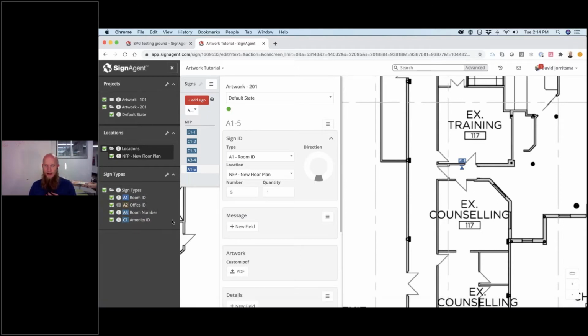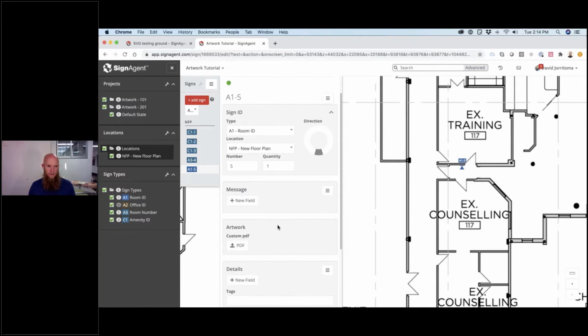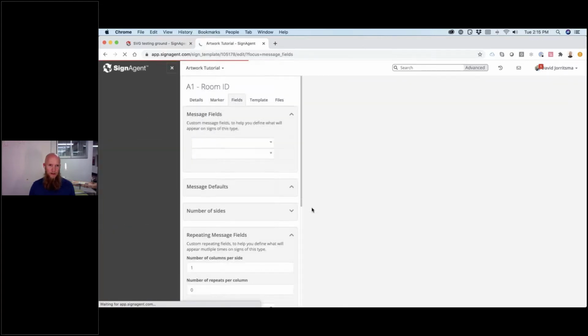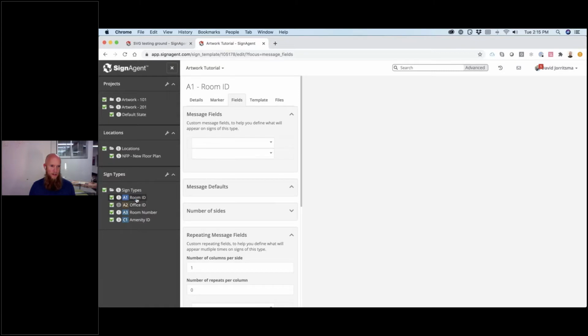Previously, if I tried to create it here and it wasn't there, you'd have to come over here and do a new sign type and then sort of do it. It was just a real pain in the butt to have to go and do all that. So now what I need to do is I've got my SVG. I now want to add my fields. So I can either add a new field here, or I can edit my sign type fields. And when I come here, it brings me right to that room ID. Before you had to right click and edit, and now you can just get it all from here. And now I just need to go through the fields that I had, and I had room number,